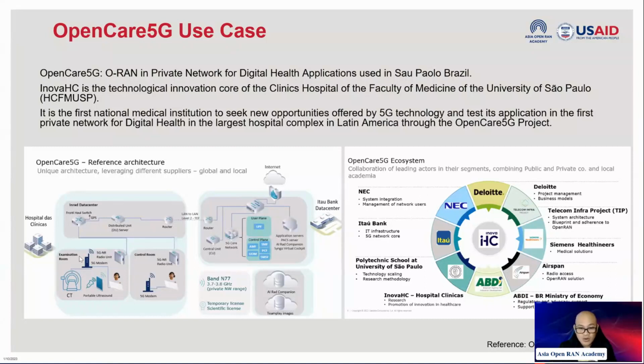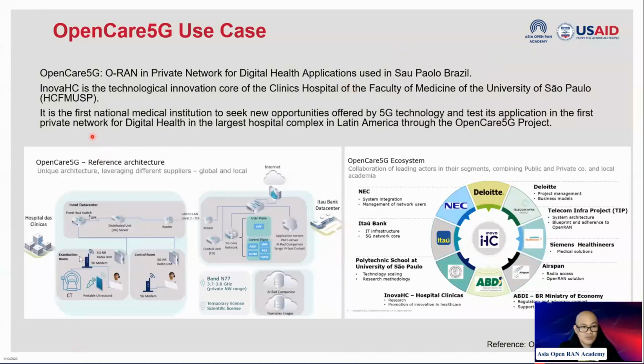And they have used the Open RAN technology in public health and concluded it to be of extreme social, economic, and fundamental importance for the citizens and the development of health research, promoting great positive impacts, ranging from attracting investments in the country to improving the quality of patient care. So they call this project the Open RAN, Open Care 5G use case.